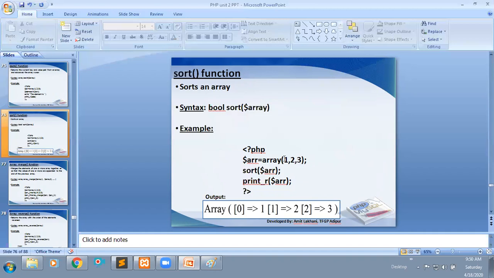For example, this may have 3, 4, 5, or 3, 5, 2 like that. If I use the sort function, it will directly give the array elements in sorted order like that: 1, 2, 3. You know this print function. The print function is used to print your array elements.